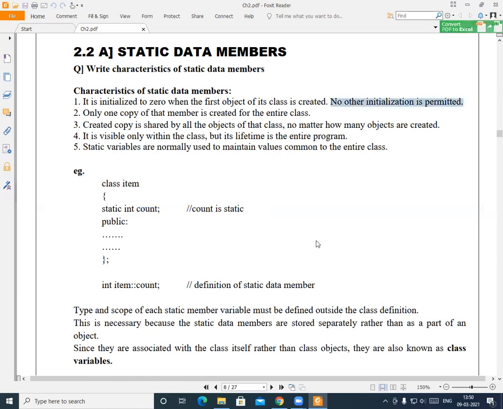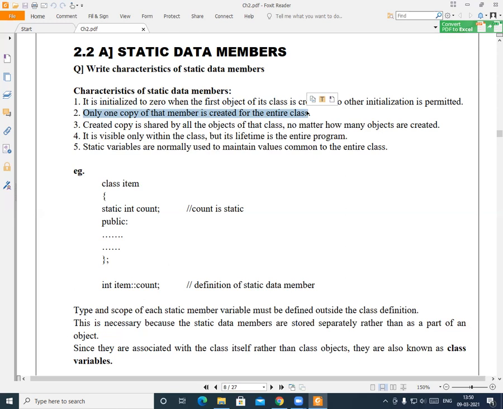No other initialization is permitted, meaning rather than 0, no other value is permitted for initialization. Now students, in the previous session we have seen memory allocation for objects. There we have seen that for each object, for each variable, a separate copy is created because each variable will hold a different value for different objects.